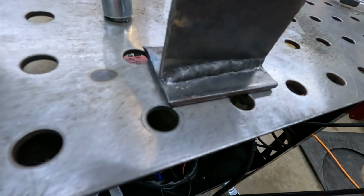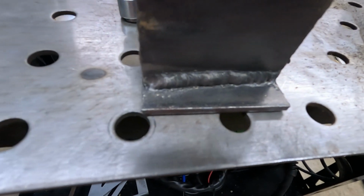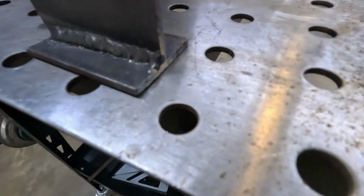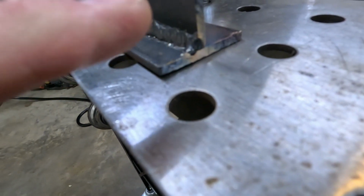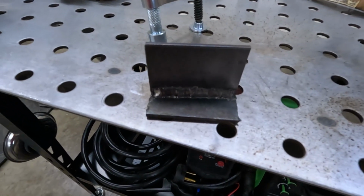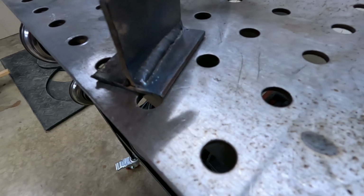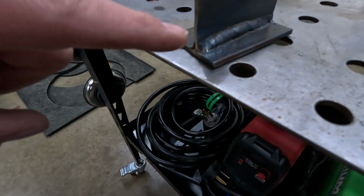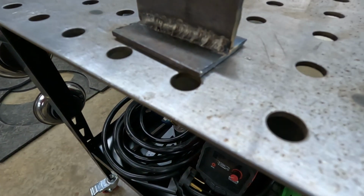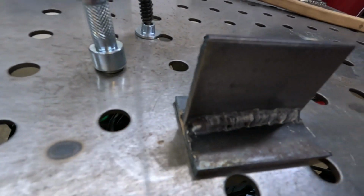Not bad, but not super good. It's almost like I need to be more angled down or something. It's almost like more of the weld is on the side. So I need to practice with that. This right there is weld number 2 on the T-joint. In some ways, it doesn't look as good as number 1, but I kind of felt like number 1 was more to the side, like I was saying. So I don't know. Y'all let me know what you think. Not sure what I really need to do to improve on that, but